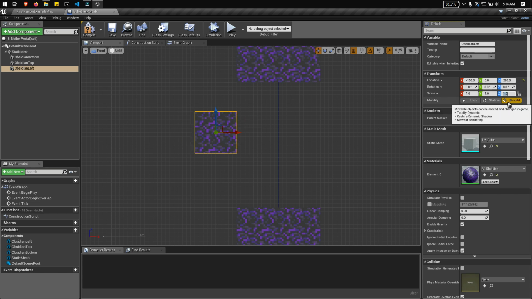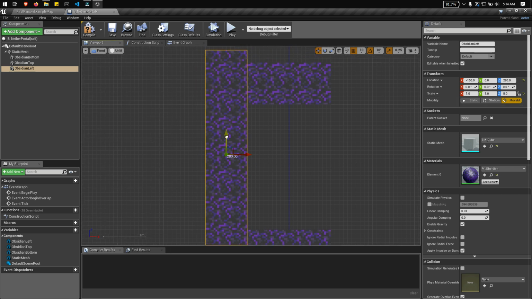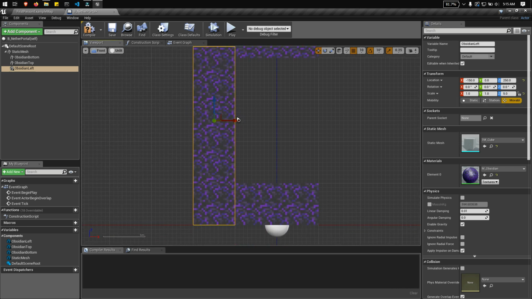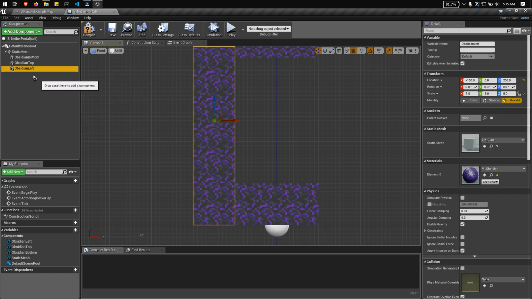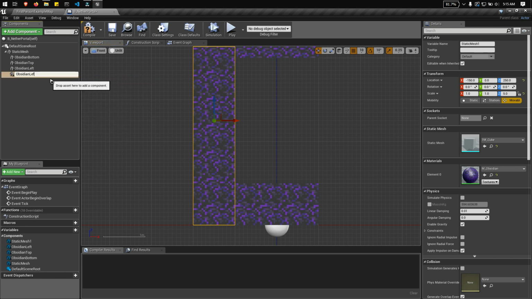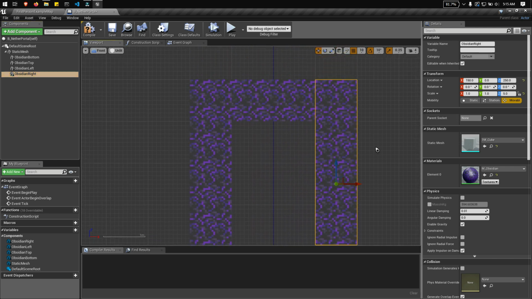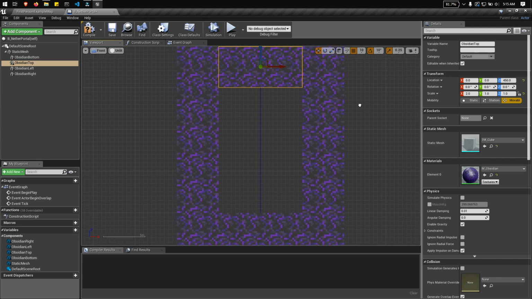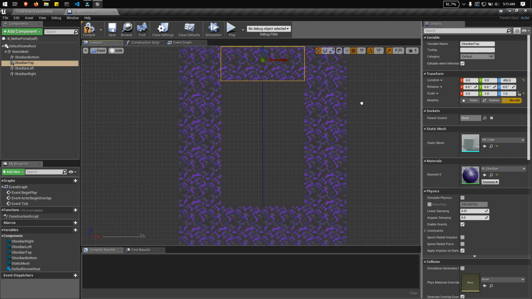The z-axis is 5 blocks height, like this one. And let's duplicate this obsidian left. Then let's name this obsidian right. And this is how a nether portal looks like.